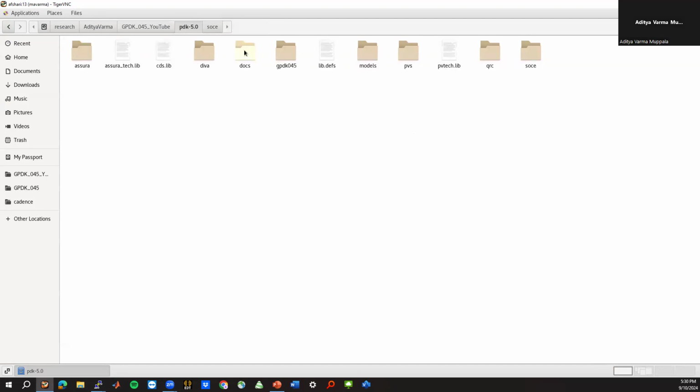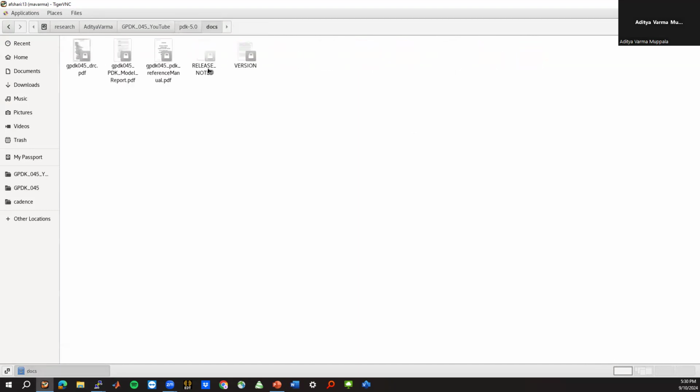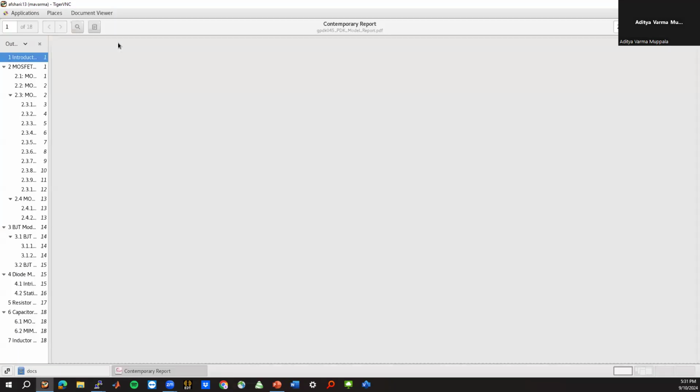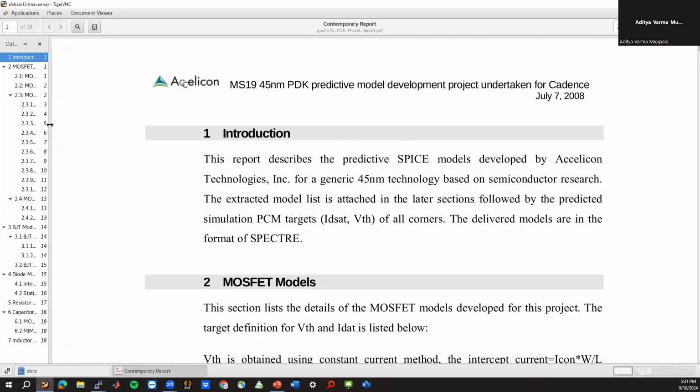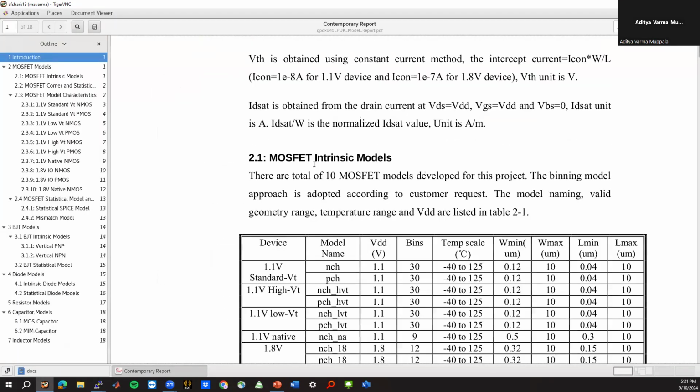What's most important here is you go into documentation and you'll see several documents. These three documents are very important. In an actual PDK, you should never ever share these or remove them from the server where you're hosting these documents. But in this case, it's a generic PDK, so I can just open it up. Okay, so